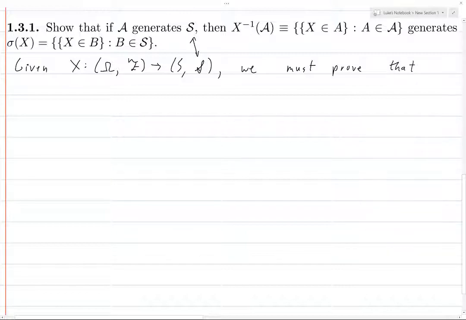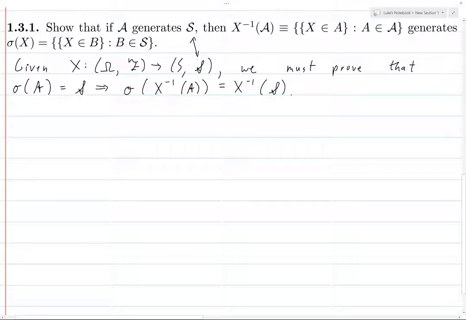that if the sigma algebra generated by A is S, then the sigma of X. So we want to prove that X inverse of A generates sigma of X. That means that the sigma algebra generated by X inverse A is equal to sigma of X. So the sigma algebra generated by X inverse of A equals X inverse of S, which is,